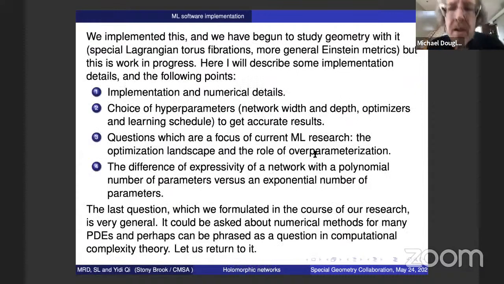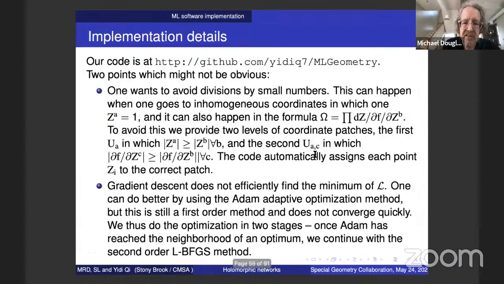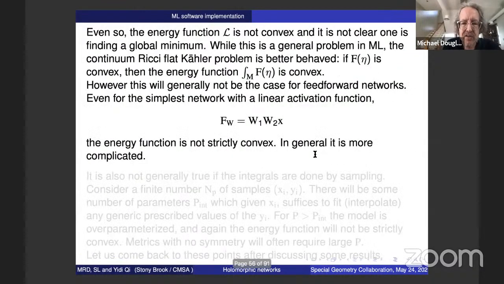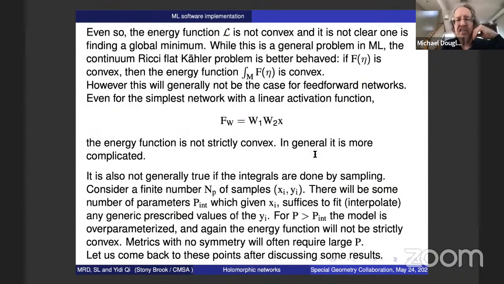Okay, so I don't want to spend a lot of time on technical details of the thing. I'm just going to briefly point through some of these things in the slides, which you can look at later at your leisure. So these are a few numerical details. There's this question about whether the loss function is convex, which is always very central. And although this is a nice problem where if you really take the functionals on the whole space of Kähler metrics, they would be convex. Here, there are other issues, and one of the big issues is that